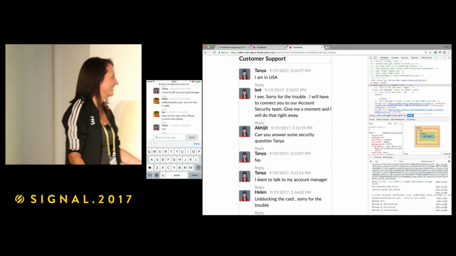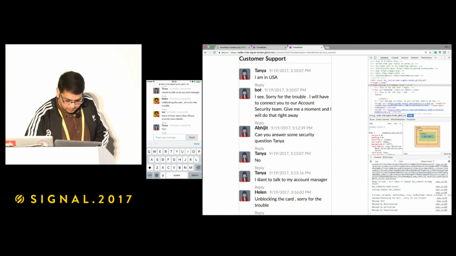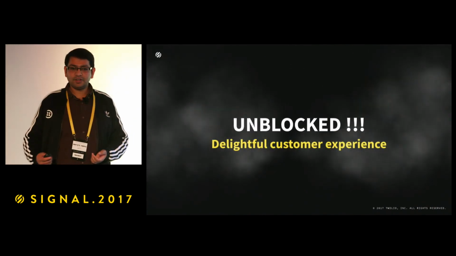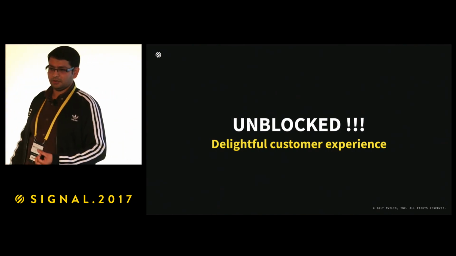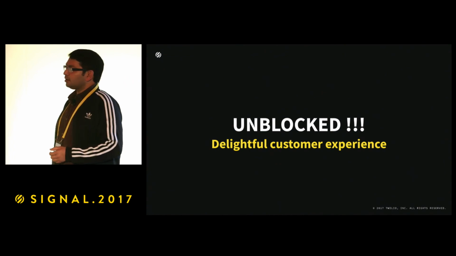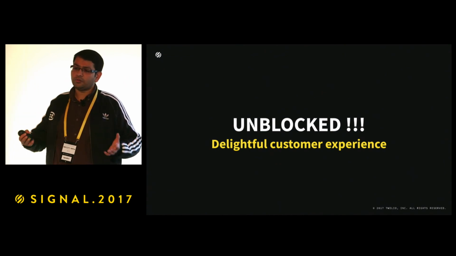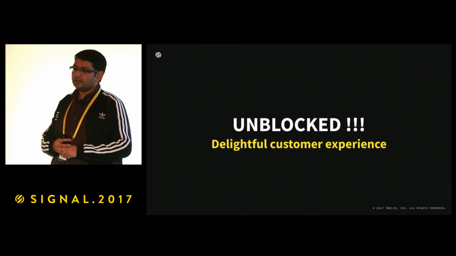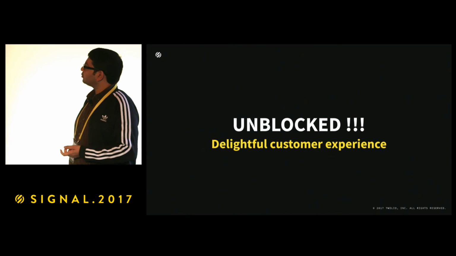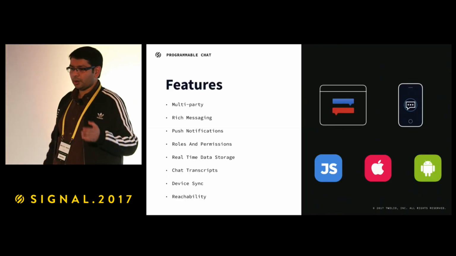So yeah. Alrighty. So going back to our slides, what did we do? Did we just unblock her card? Well, we definitely unblocked her card so she can have her transactions on. But what we've done is we've unblocked a delightful customer experience. We've shown you where programmable chat fits in. And as Tanya mentioned earlier, there's a whole suite of APIs that would be required to plug in and make a real full contact center with all channels. But that's pretty much what we wanted to show you today for programmable chat.